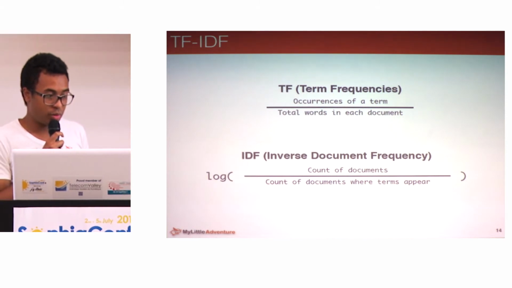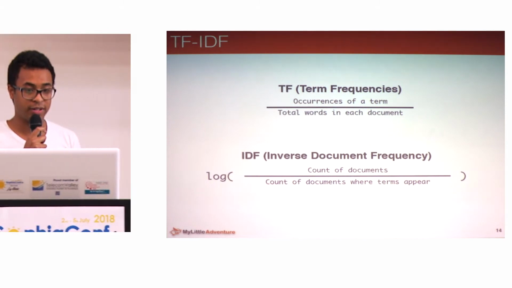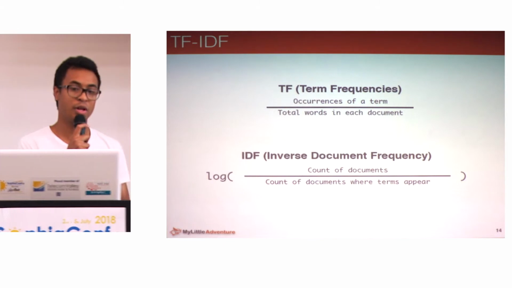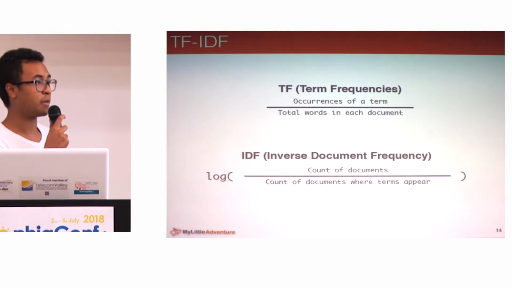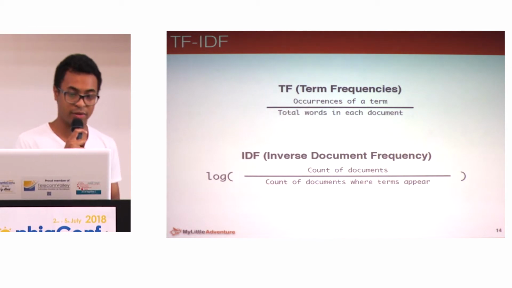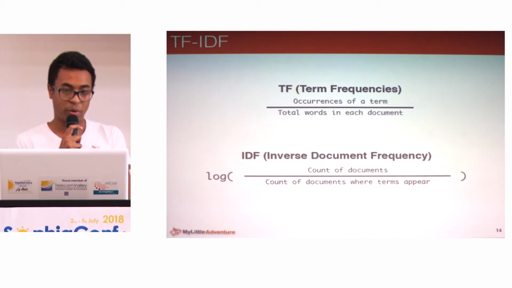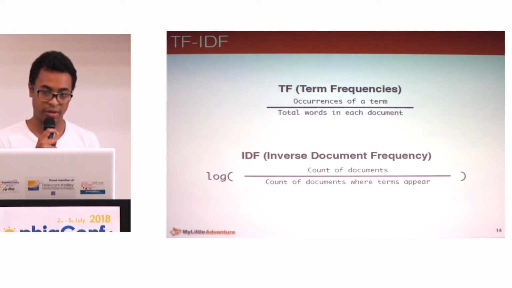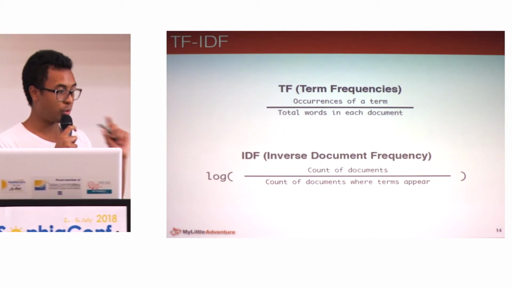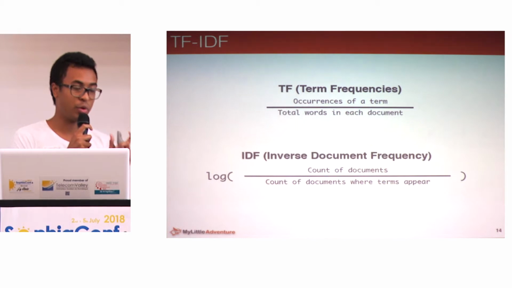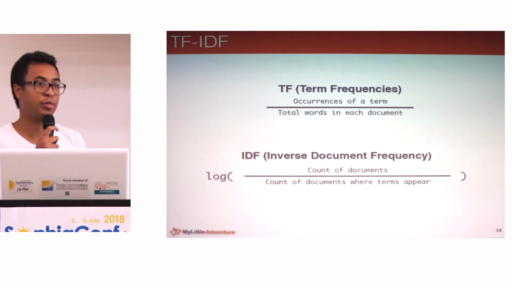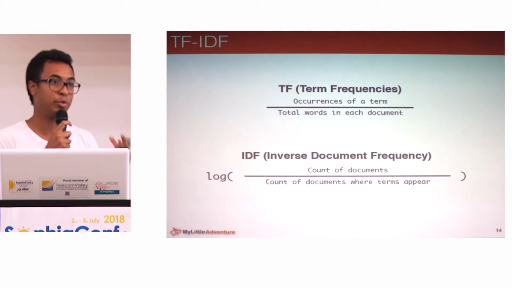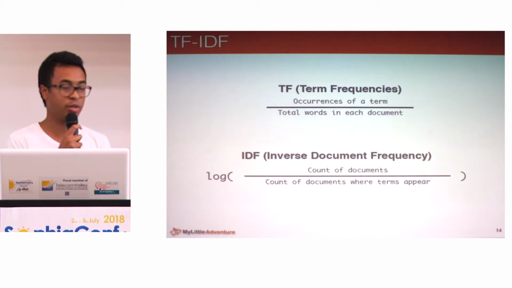So we came up with this technique called TF-IDF, in which, instead of just counting the numbers, we count the frequencies of the words or the events. The TF operation is to take the frequencies of the word, and the IDF is to put more weight on rarer words. For example, if you have a word that is really relevant for your business, the IDF can help you a lot to find the real meaning of your word.